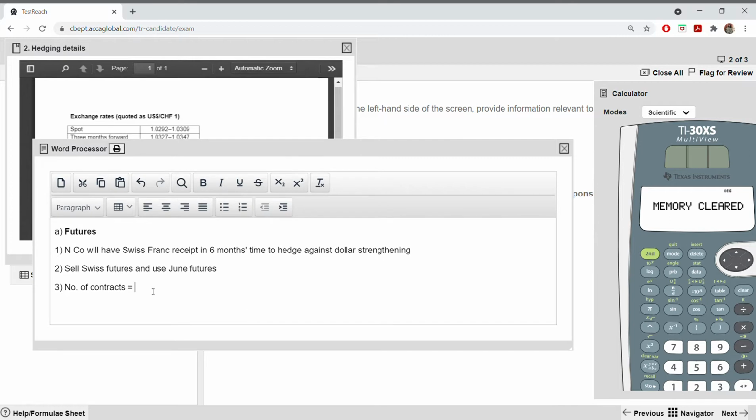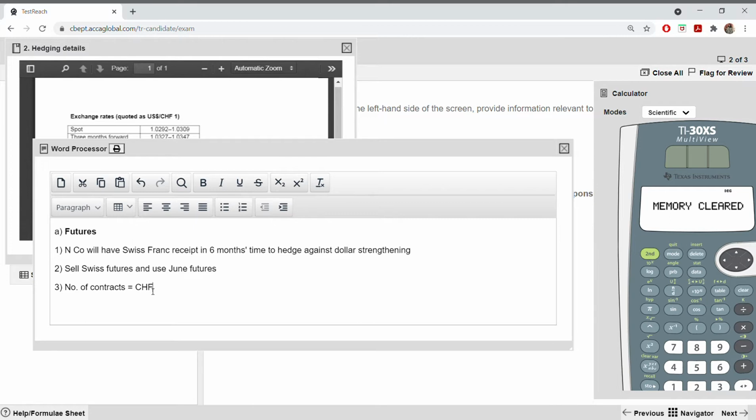How do you calculate the number of contracts? The formulas and all is not needed. You can just directly start putting the numbers, but you have to know the formula in your mind, okay, before you actually calculate the number of contracts. What is the receipt? Write the currency. Always write the currency in terms of the number, so that it makes it easy to know which currency it is in. Later you might sometimes have to convert also.